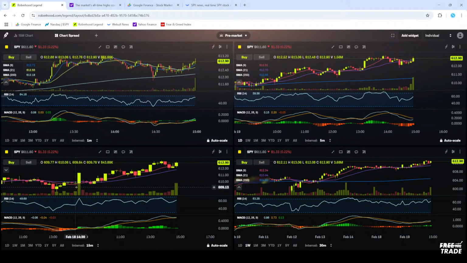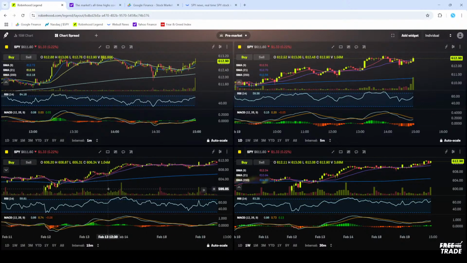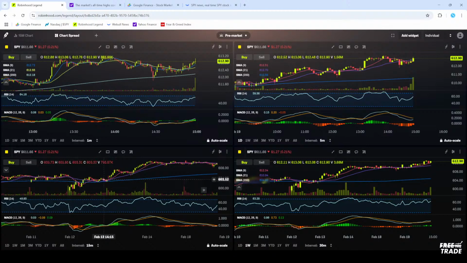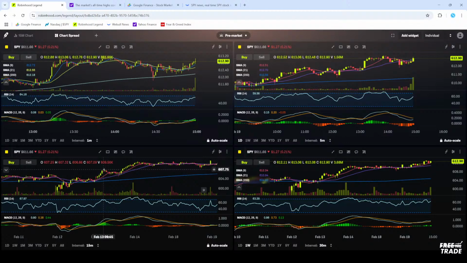Let me see if I can pull up yesterday on this chart here. Yeah, so yesterday we saw a lot less volume than normal, but then all of a sudden we saw this giant spike in the morning. This giant spike here in the morning, and we just rocketed up all day. Big major price swings. You see, I think we went all the way down to